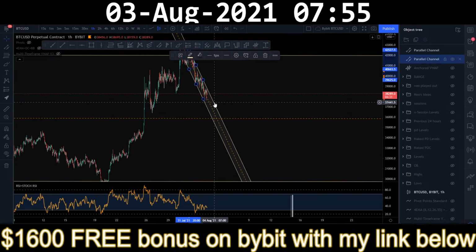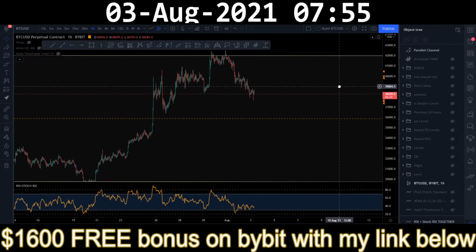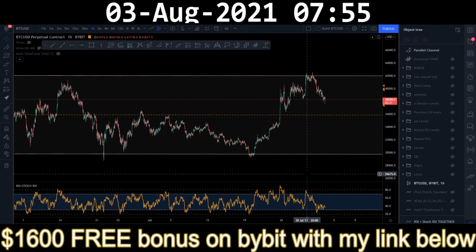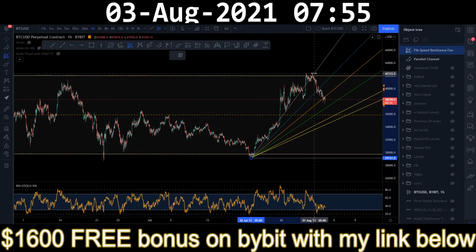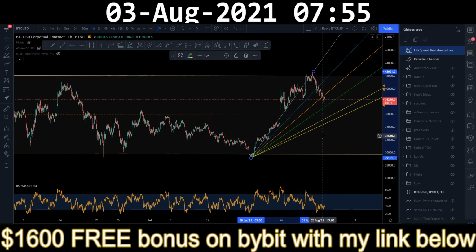So I think the conclusion of this is basically like, we don't want to see the middle of this channel lost if we do continue to come down. And if we do see the middle of the channel lost, we are looking at, you know, 32, 33K for possible support after that happens. And then after that, it would be 30K,